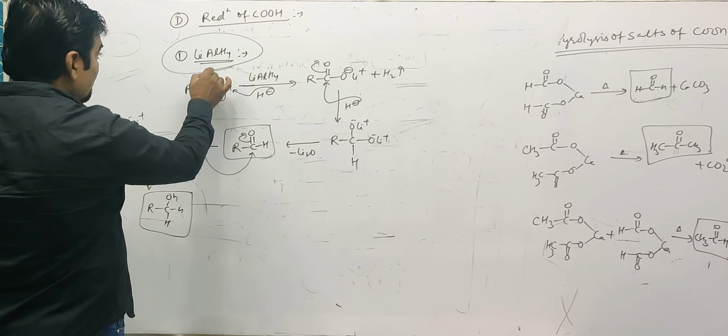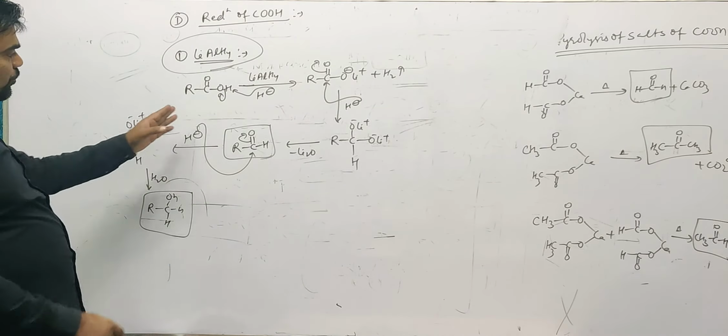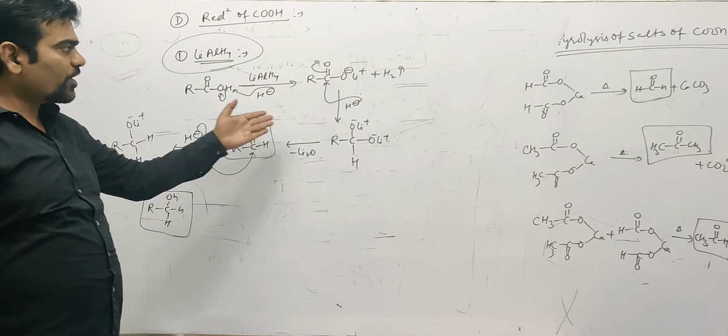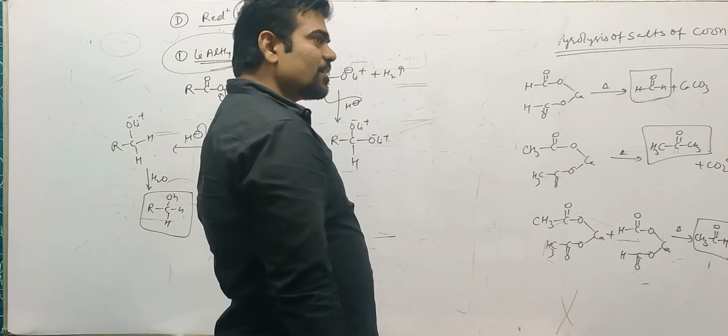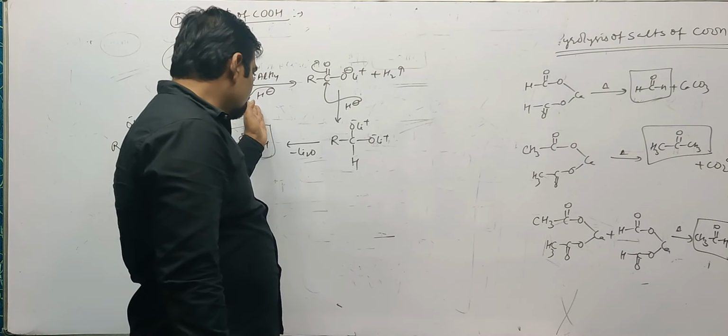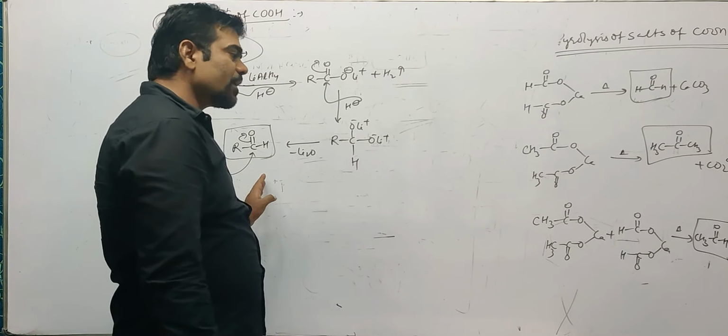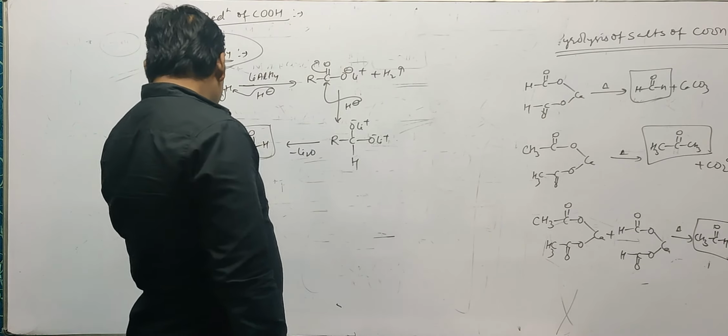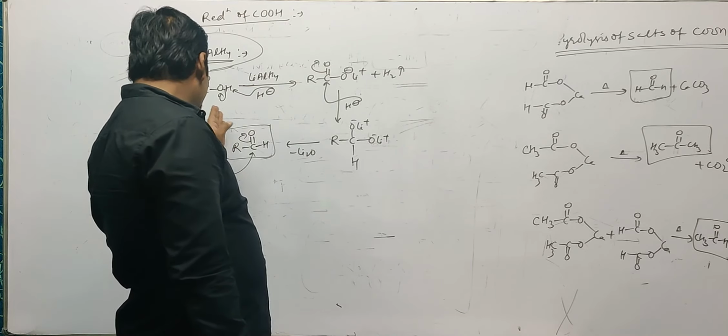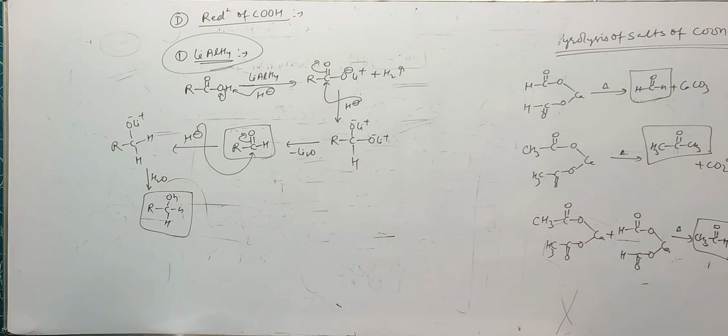So when lithium aluminium hydride is used and at last we do the hydrolysis, if we do the hydrolysis over here, the negative character of H minus is gone, it will be eliminated in the form of H2 and it will become aldehyde. If we have not used water yet, since water is at the last stage, then the end product is alcohol. So when carboxylic acid is reduced by the use of lithium aluminium hydride, it forms the corresponding alcohol as the end product, because the first step is lithium aluminium hydride, the second step is water. So the end product will be alcohol itself.